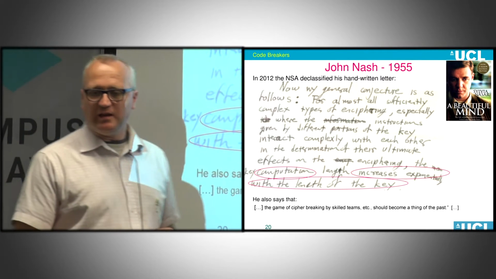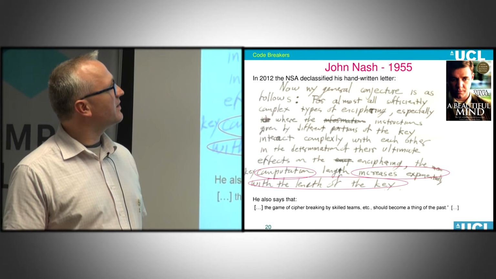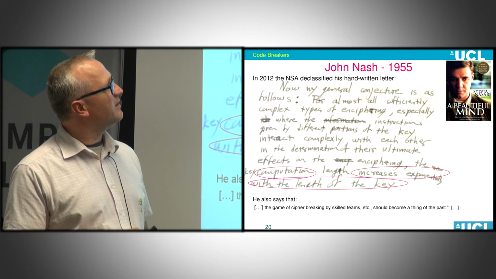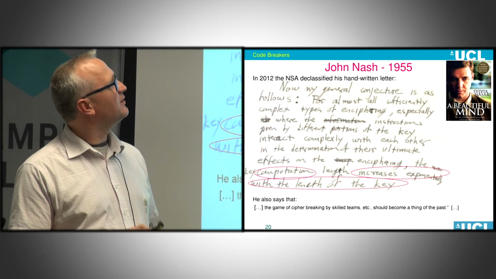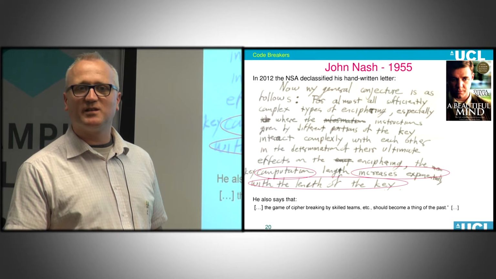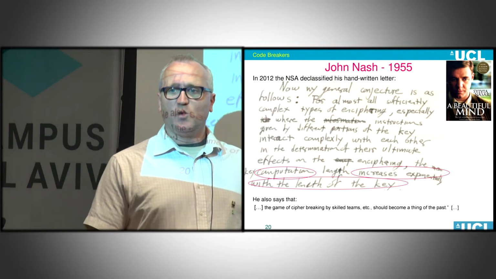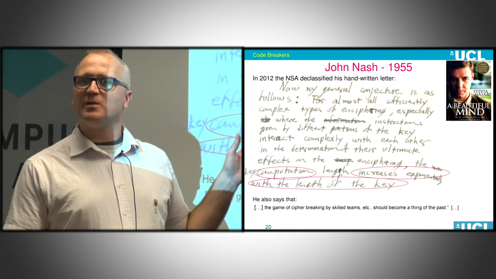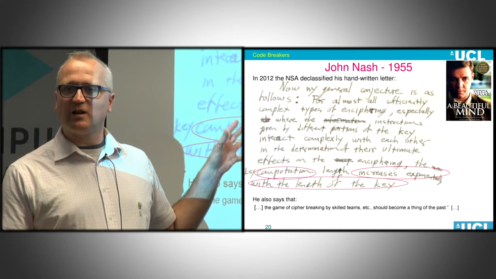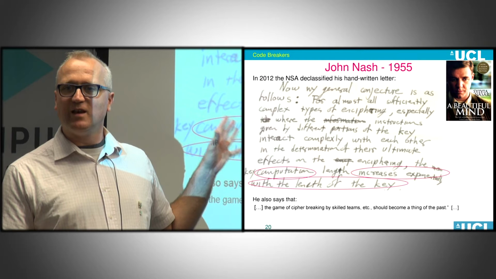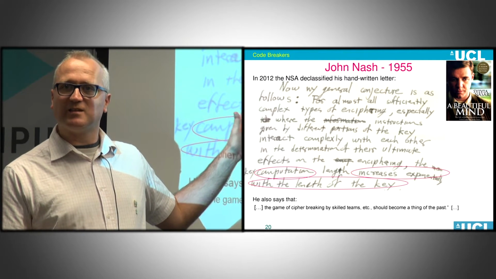Bitcoin currently depends a lot on cryptography. Here is an excerpt from a letter which the famous mathematician John Nash wrote to the NSA in 1955. It was declassified quite recently. In this letter, he explains to the NSA what he thinks is a secure crypto system. And this is very early. Even today, cryptography professionals very rarely apply this. It is like a gold standard, but it's still not widely applied.